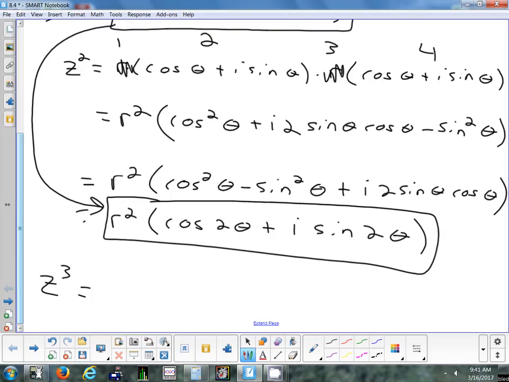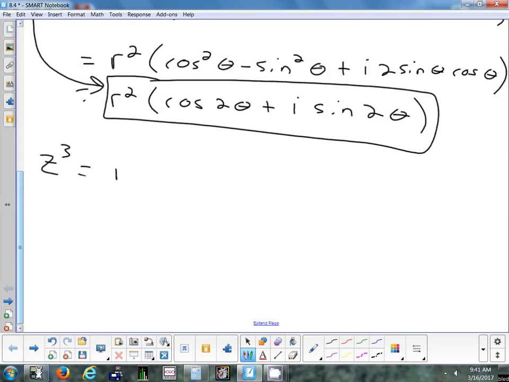So what about z cubed? The magnitude will be r cubed, parentheses, cosine 3 theta plus i sine 3 theta. So in general, the pattern is: raise the radius to the power, multiply the angle by the power. And that's a lot easier to do than if I said to take something like this and raise it